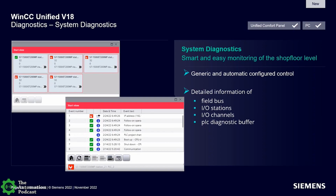We had that in the Comfort HMIs that were the previous generation of the WinCC. Now we have that in the WinCC Unified v18, is the ability to view those system diagnostics that the PLC is automatically generating from the true real-world configuration. So that's pretty significant there. And that's one of the big benefits of basically having at least one HMI that is a Siemens Simatic WinCC, is it does pull in some of these Simatic